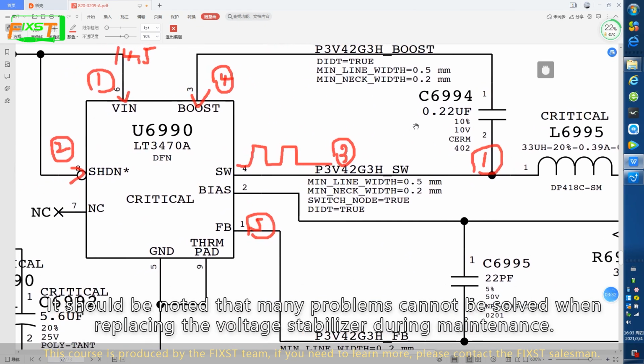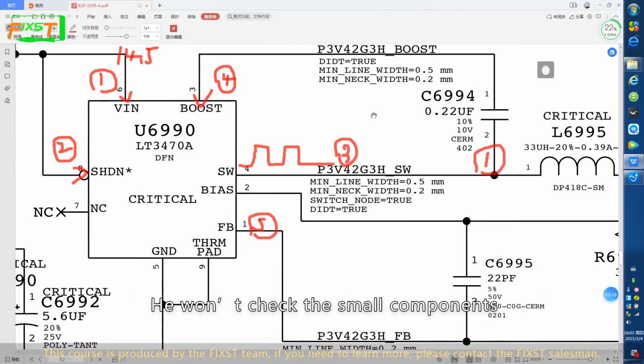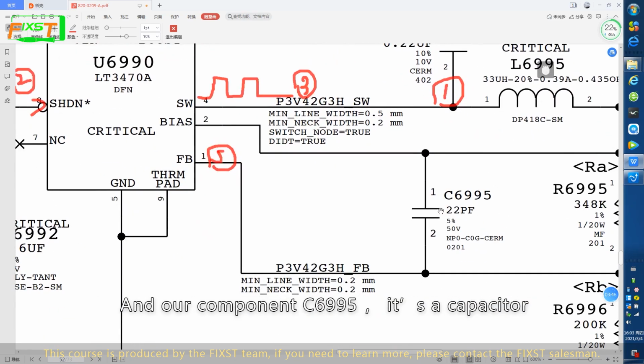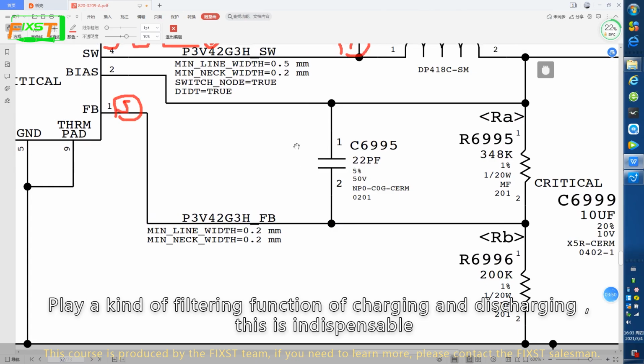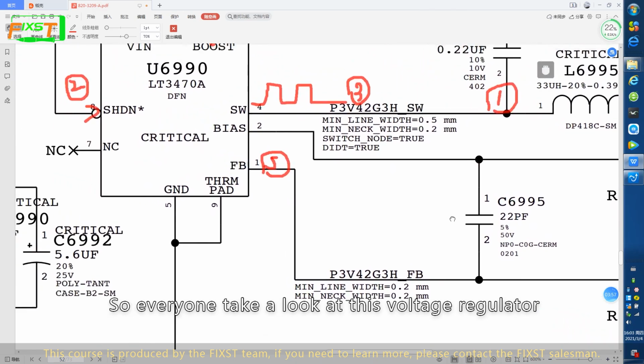It should be noted that many problems cannot be solved when replacing the voltage stabilizer during the maintenance. You won't check the small components, including the components such as C6994 and L6995. And our component C6995 is a capacitor. Play a kind of filtering function of charging and discharging. This is indispensable. So everyone take a look at this voltage